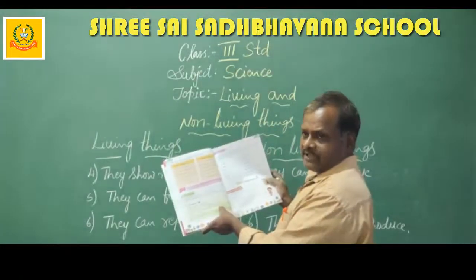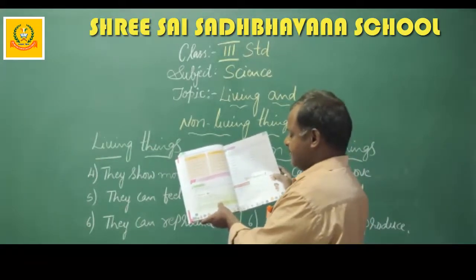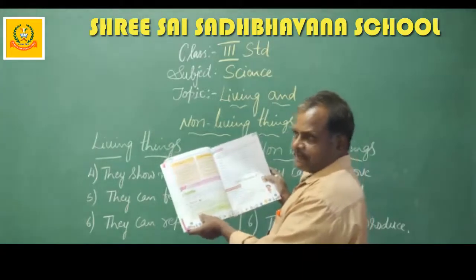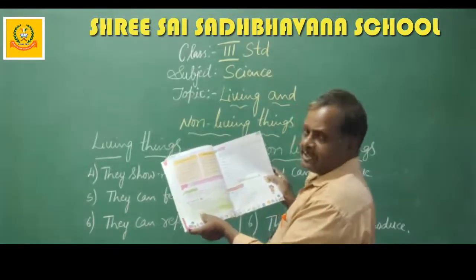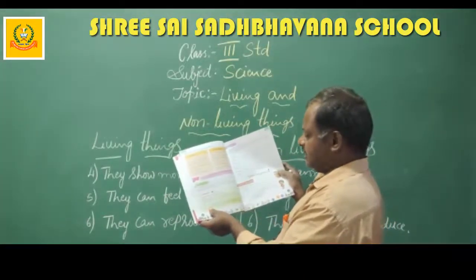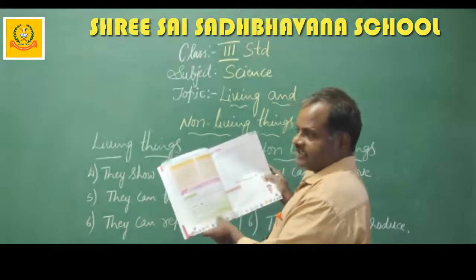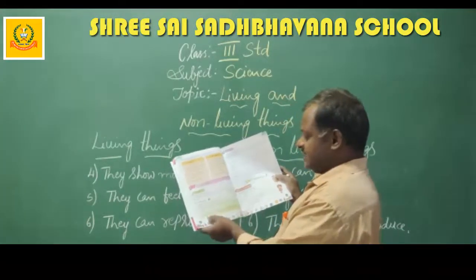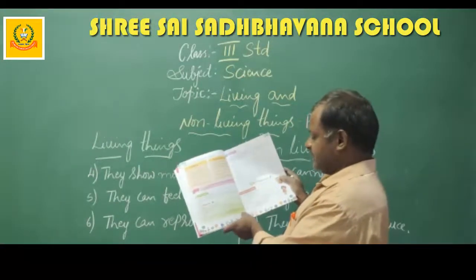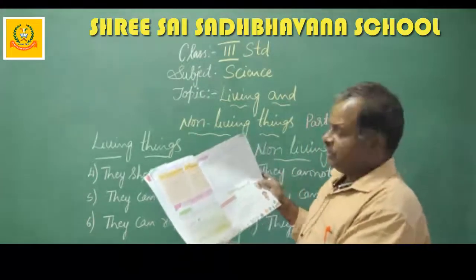I have already explained all these things. Non-living things such as house, chair and phone made by man are called man-made things. They are called man-made non-living things. They are made by man. Next, all the things provided by nature are called natural things. Non-living things cannot breathe, move, grow, feel or reproduce. They do not even need food.